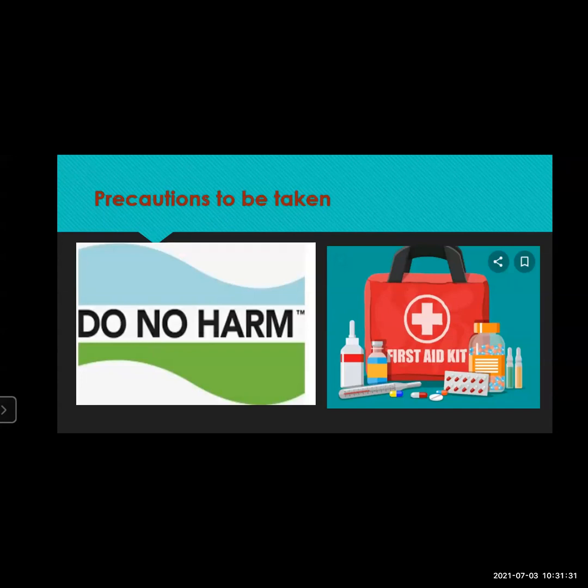You should not go to unknown remote places and try to stay in the group. Students should not go away from their group or the teachers. They may get lost over there. The site they have visited will be new for them, and afterwards they may get lost at that field visit site. So that is why it's very important that you always stay in the group.